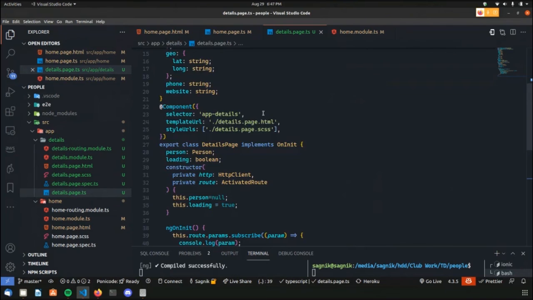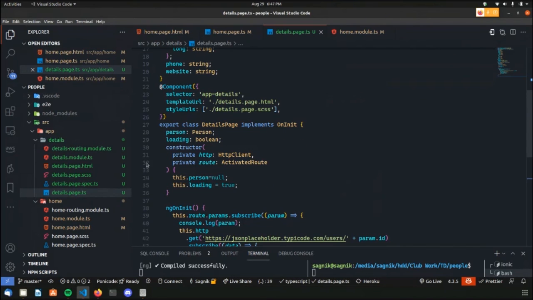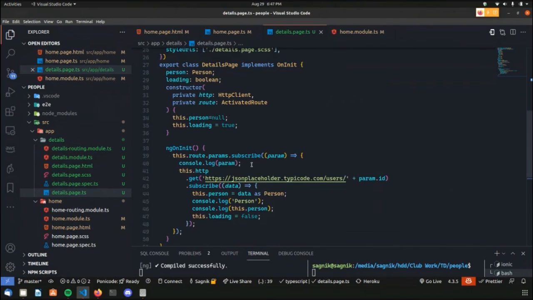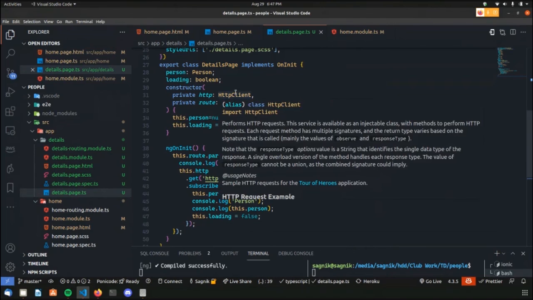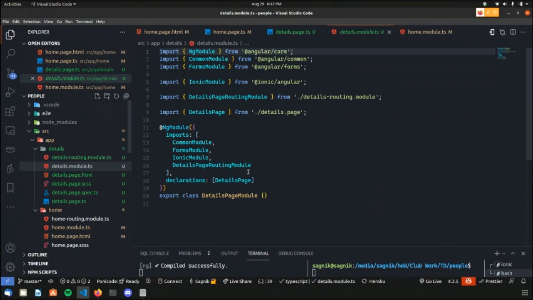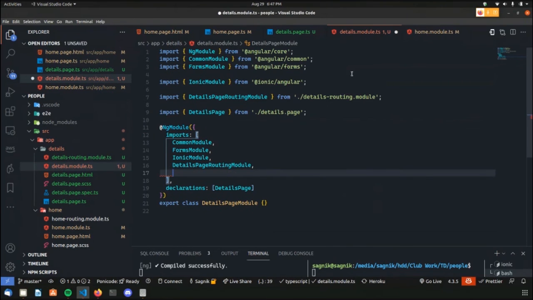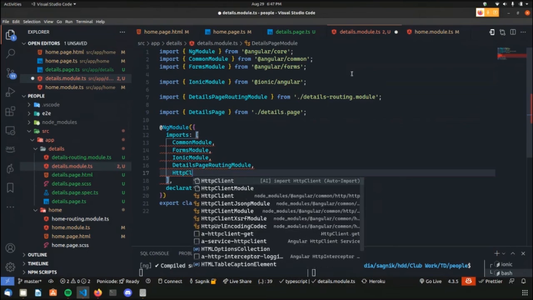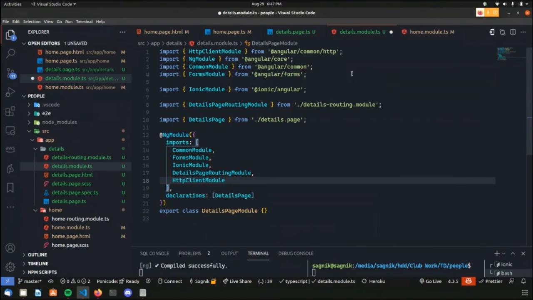This is also like the previous page, and here also if you check, I have used HTTP client. So to use that, I have to do the same thing here also. And here also I have to write HTTP client module, and yeah, I'll be able to use that.